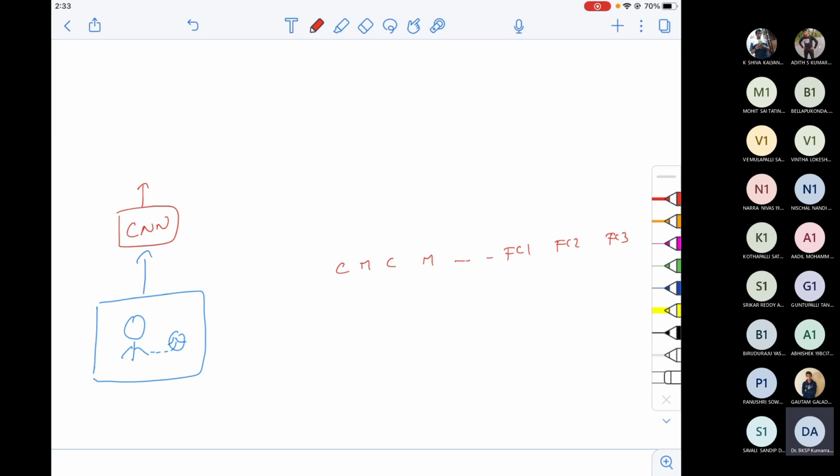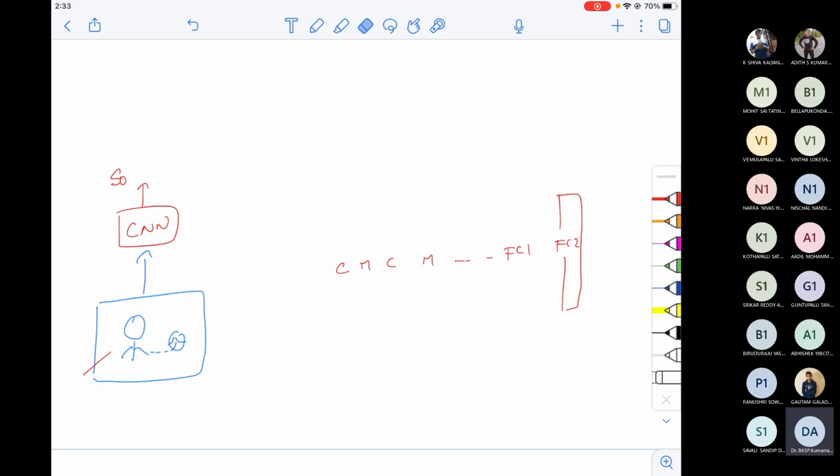Assume that FC3 gives the probability distribution. The output of FC3 is a probability distribution that says it's a person or it's a ball or something like that. But I don't want the objects to be detected. I don't want something else. So I don't bother about the last layer of my CNN. I don't want the predictions. I don't want the softmax distribution. Instead, I want the fully connected layers, and I need to flatten the entire output and pass that as